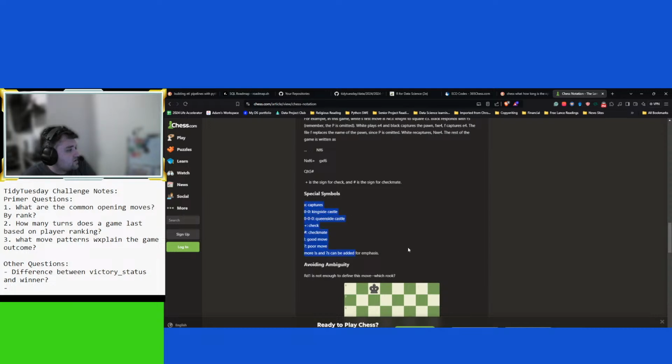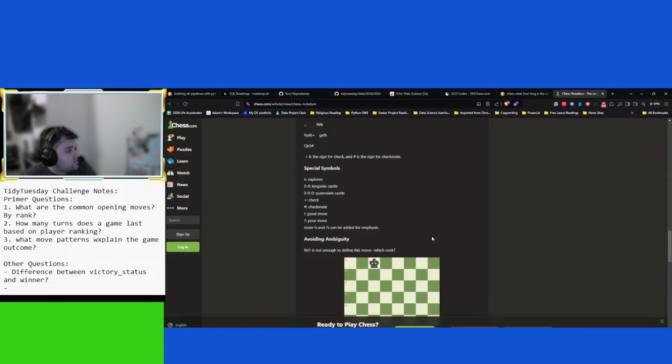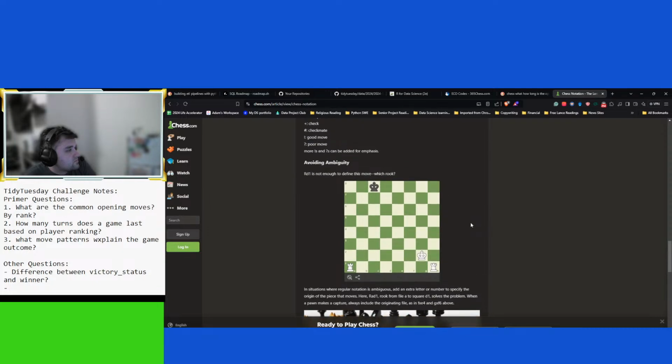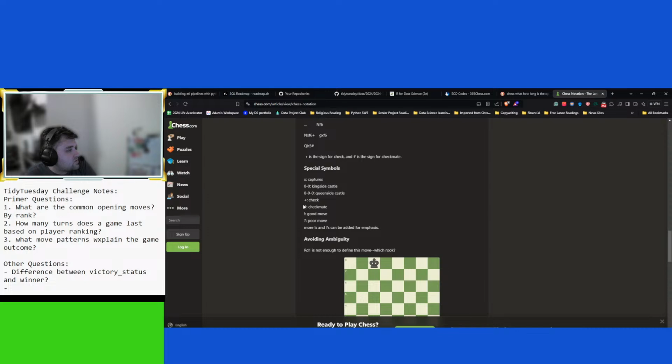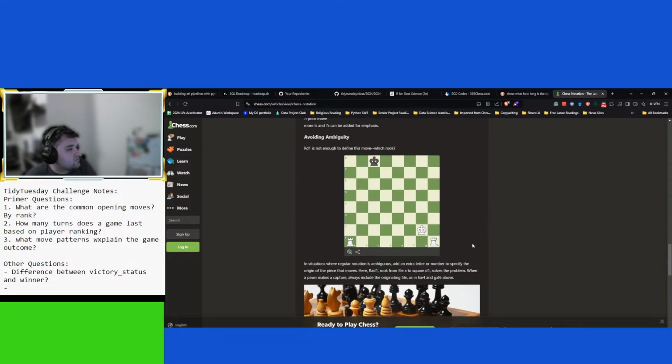Oh, okay. This is actually going to be really good to know. Checkmate, good move, poor move. More exclamation points and question marks can be added for emphasis. Okay. If regular notation is ambiguous, add an extra letter or number to specify the origin.